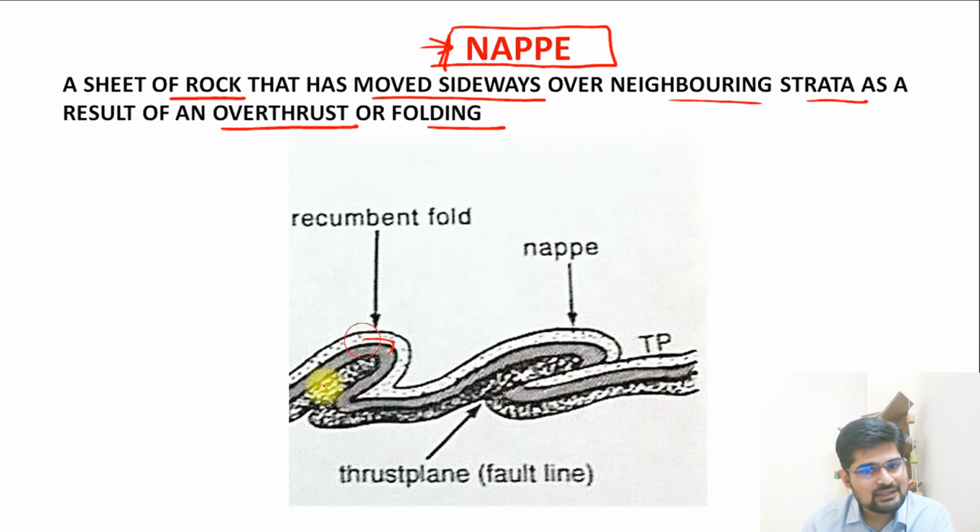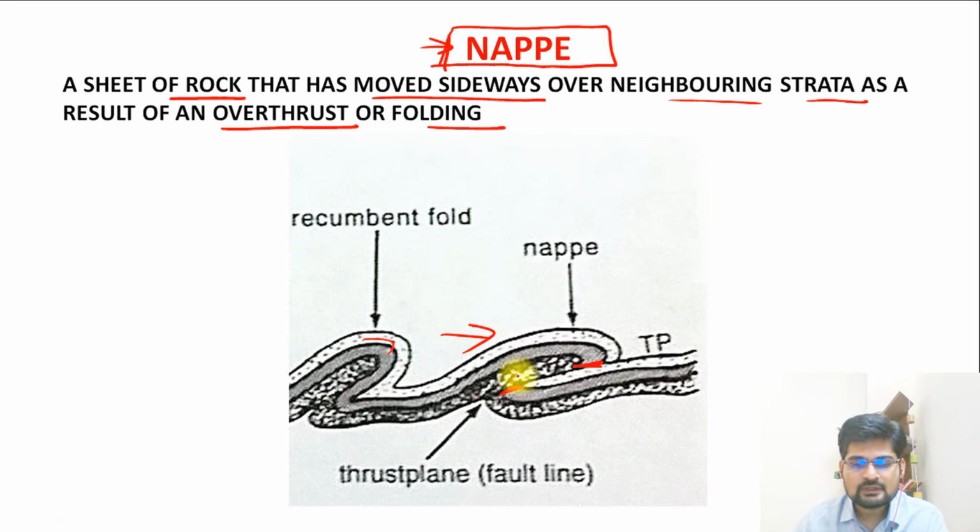This was recumbent, right? And further the pressure kept on mounting, and what happened? This axis, remember this limb. So one limb of this fold now is pressurized and now it is going on to the other limb of the fold. So earlier this portion was supposed to be here, right? If you look into this image carefully, if you want to fit this together, this part has to come here.